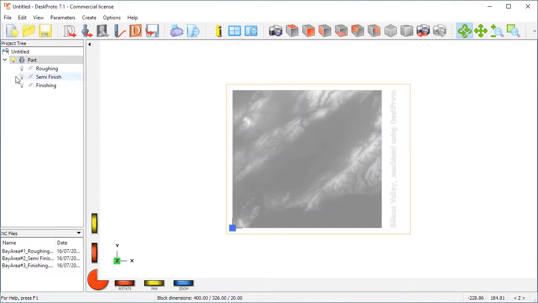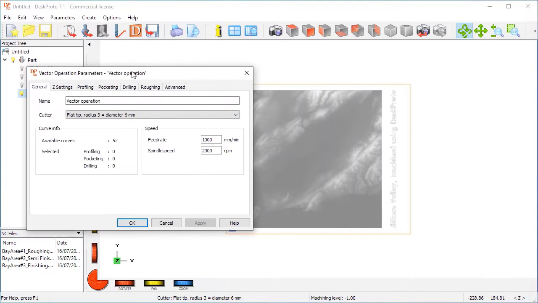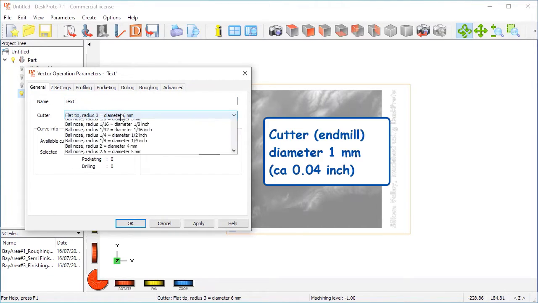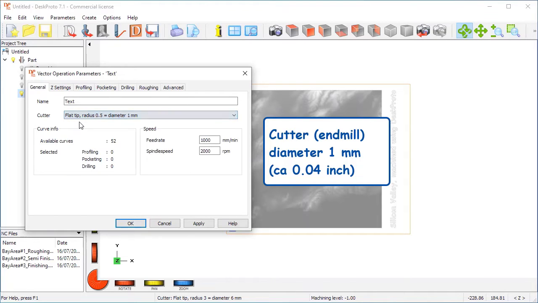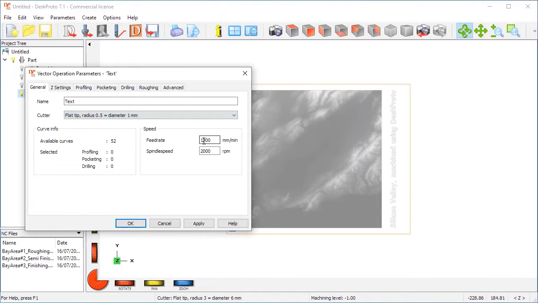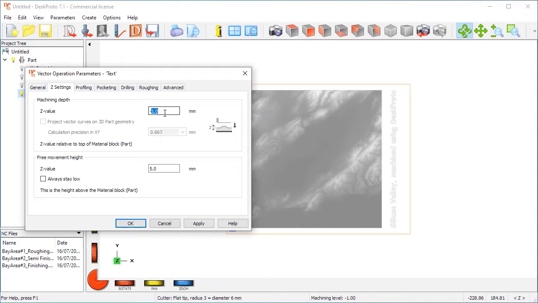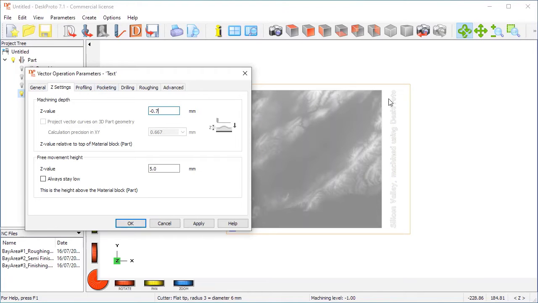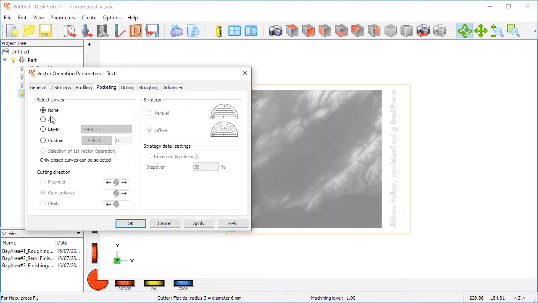So in order to machine it, I need to add a vector operation. Here we are. I call it text and a thin cutter. 1 millimeter flat tip is okay. The feed rate and especially the spindle speed again can be a bit higher for this very thin cutter. Z settings, 1 millimeter is a bit too deep. I'll make it 0.7,